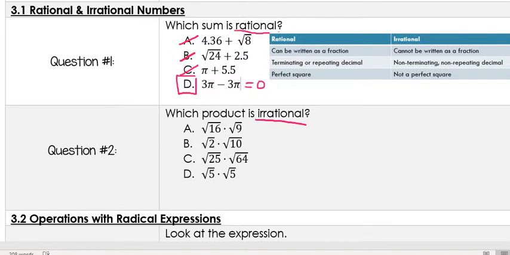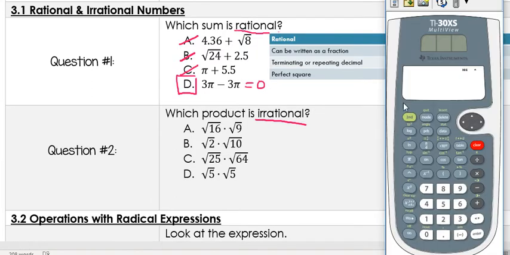So if I look at each of these examples here, each of these choices, the square root of 16 and the square root of 9, those are both perfect squares. So my product is going to be rational. And you can always test this. So if you pull up your calculator and you actually type them in, so if I do the square root of 16 and I multiply that by the square root of 9,